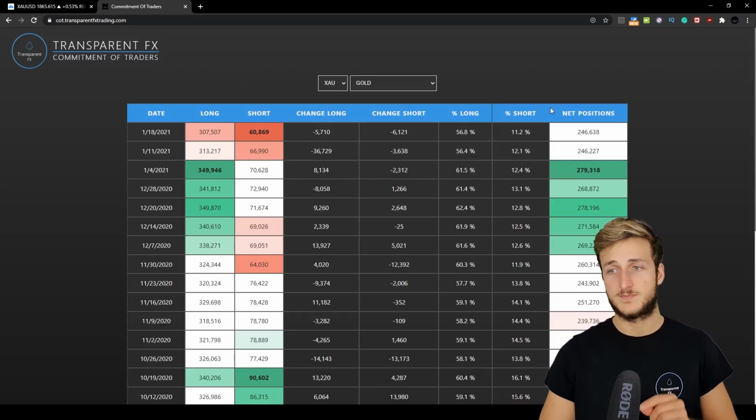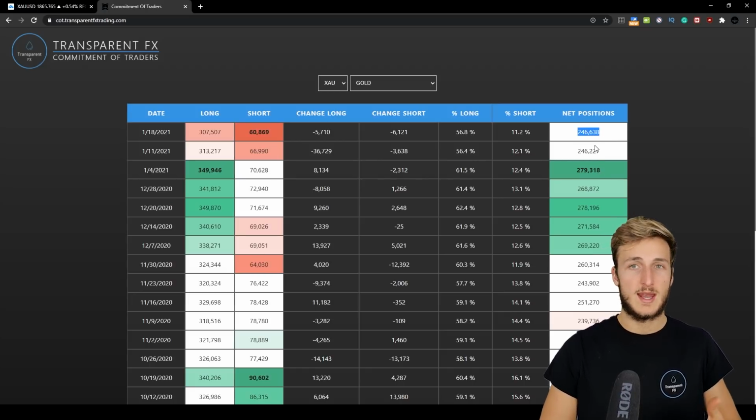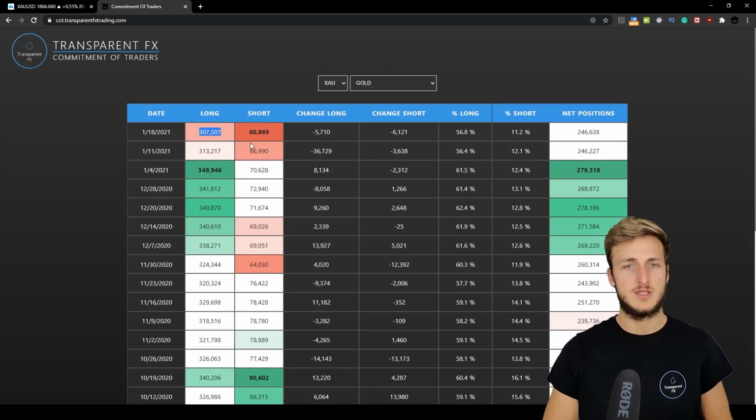Now, what we can see here is that with the last reports, net positions have decreased from 279K all the way down to 246K net positions. So we had a quite massive decrease of the net positioning, and we can see the shorts have just reached 60.8K with longs reaching 307K, meaning that the longs have been massively decreased while the shorts just a little bit. So we are starting to see some profit taking, and this is quite low compared to the